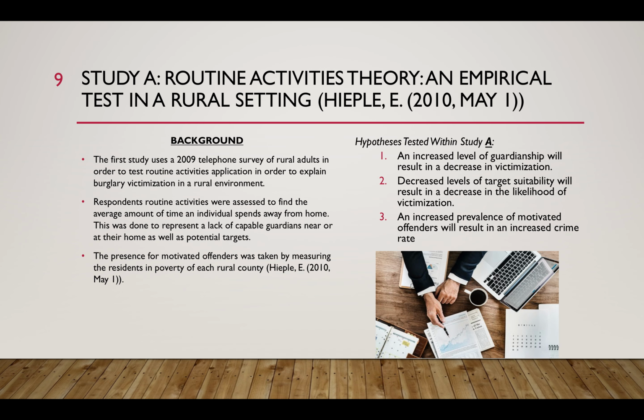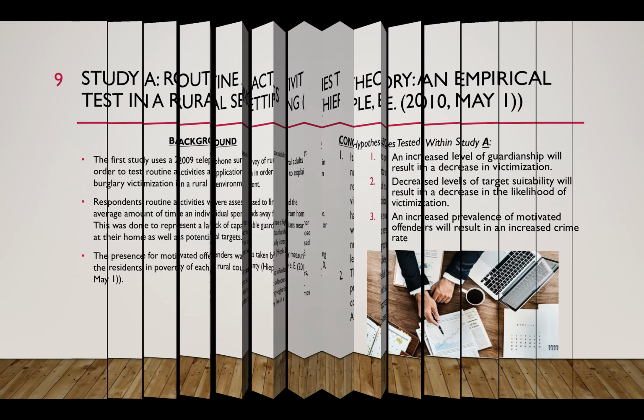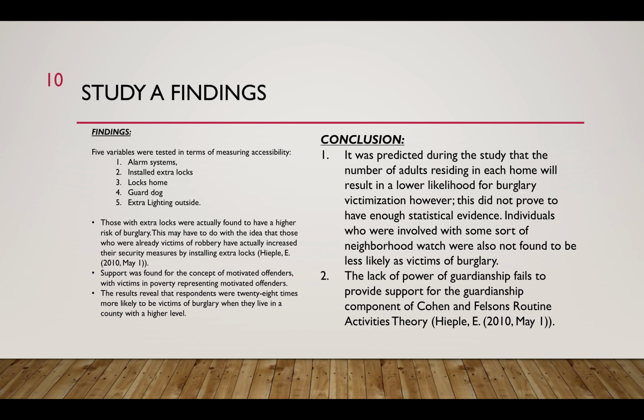The hypotheses tested were: an increased level of guardianship will result in a decrease in victimization, decreased levels of target suitability will result in a decrease in the likelihood of victimization, and increased prevalence of motivated offenders will result in an increased crime rate. The findings: five variables were tested: alarm systems, installed extra locks, people who locked their home,